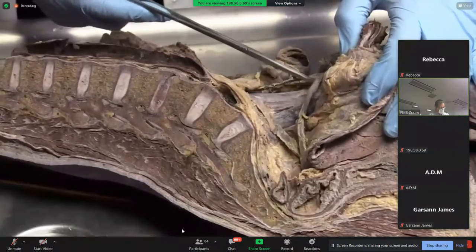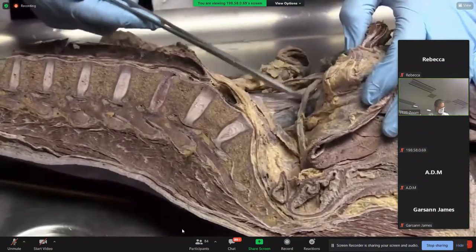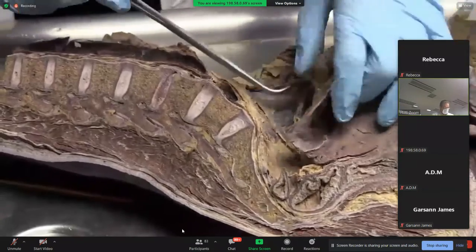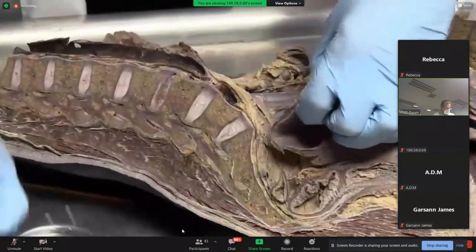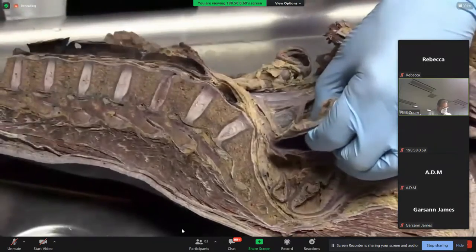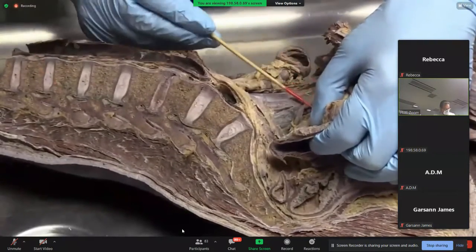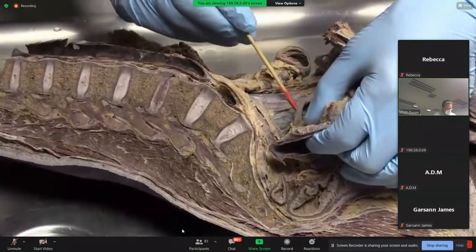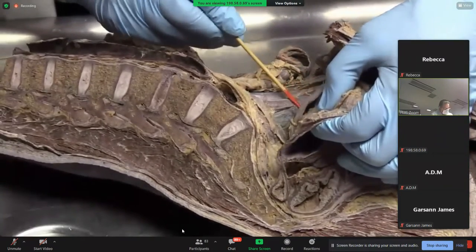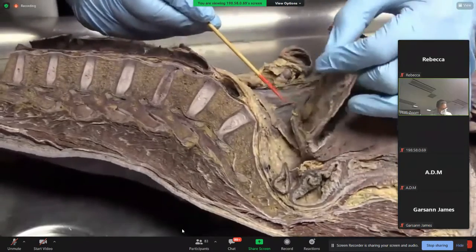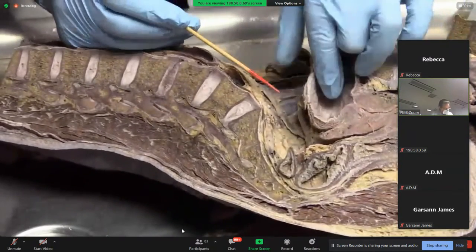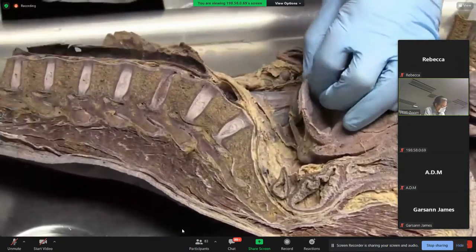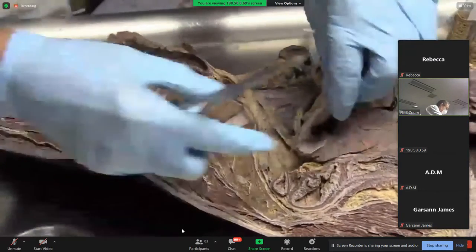It runs a beeline across the pelvis, down over the external iliac vessels, and then as it comes down here it's going to become dilated and pass